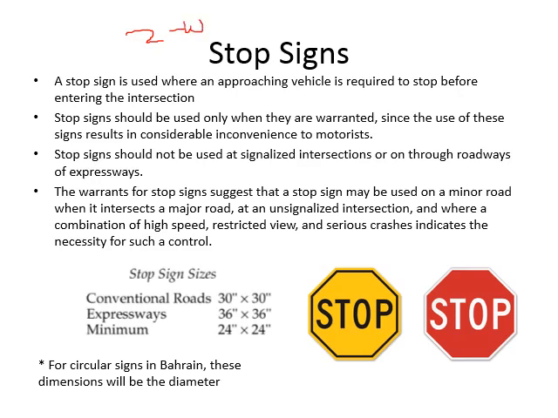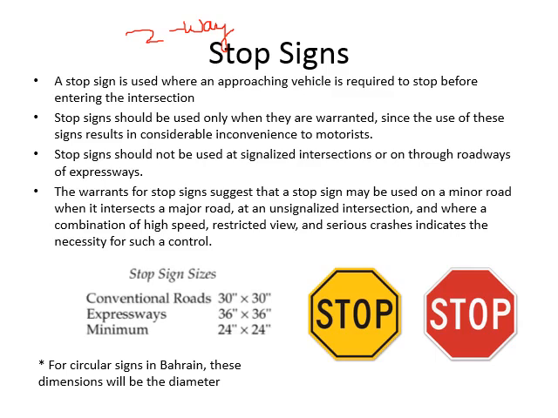Okay, because out of the four directions of the intersection, the stop sign is provided on two of them. So on a stop sign, you have to stop whether there is a vehicle coming from the other direction or not. And stop signs should be used when they are necessary because they may cause unnecessary inconvenience for the drivers. There's a stop sign, it requires you to stop, but there's no vehicle on the other side, so you are stopping unnecessarily. So use stop signs wherever they are required. Like we said at the start, the traffic control device should fulfill a need.